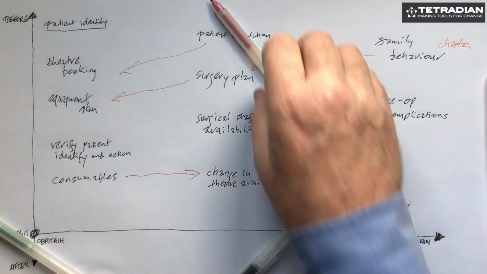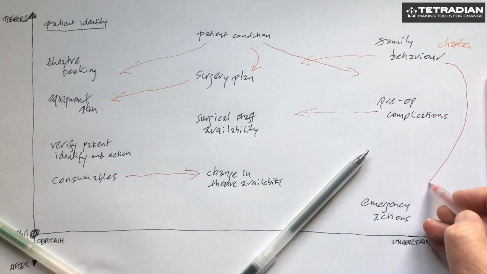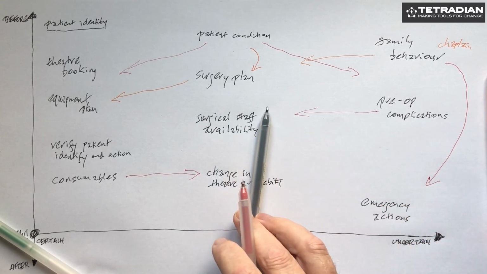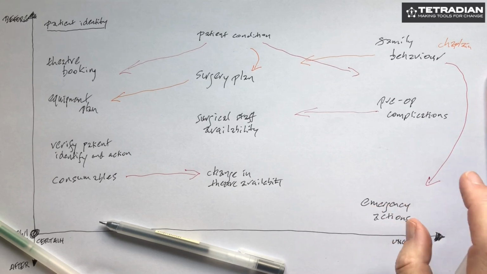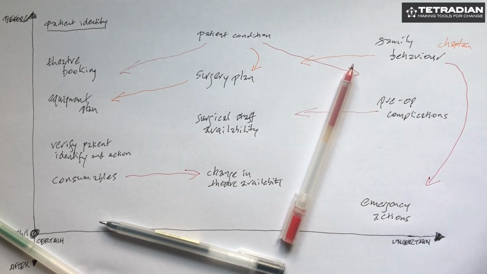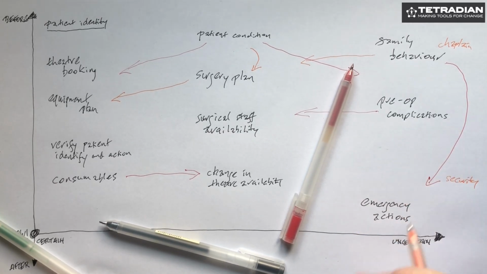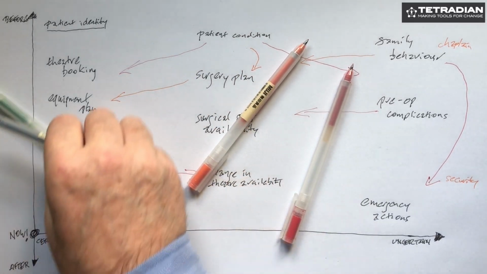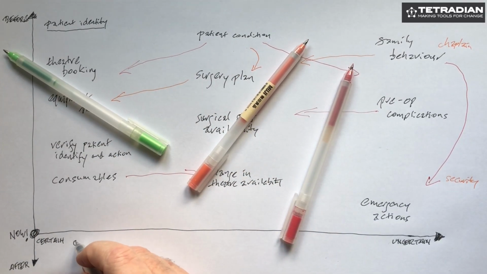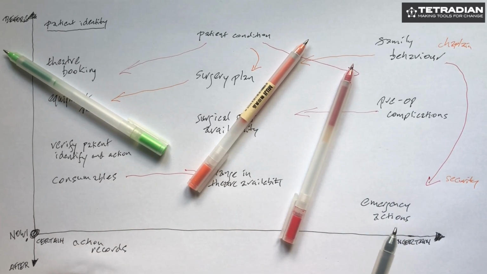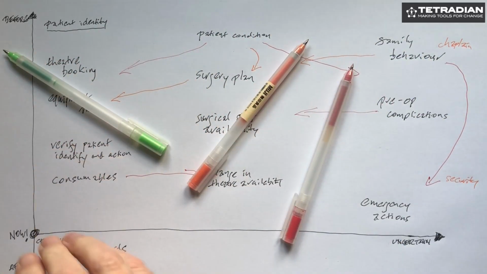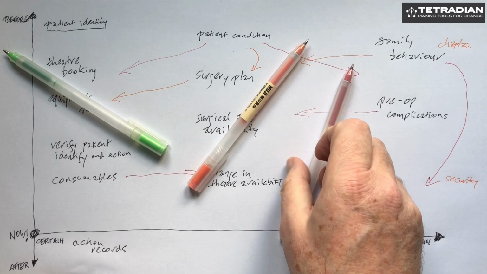We also might have the family trying to barge in at the last moment, having realised it's a life-threatening operation, and therefore we're going to need not so much a chaplain here, we're going to need security staff to stop them barging in. And as we go through the now of the operation, one thing that we're going to be building up all the time is action records, because we're going to need those to learn from in the future. So what we're doing is we're trying to move things around, trying to make things more certain, build things that will help us anchor certainty in some way or another.